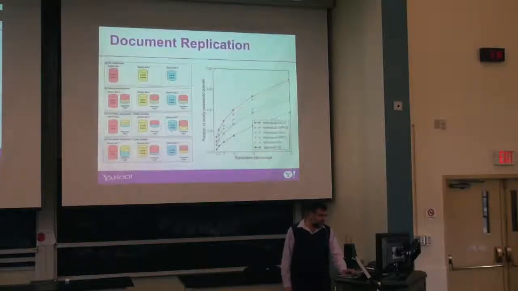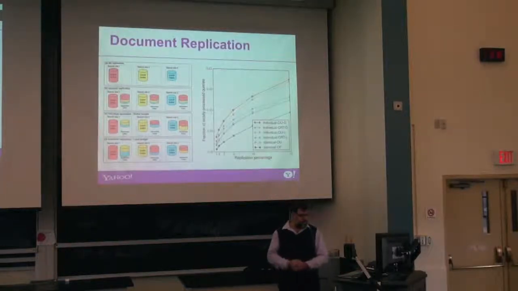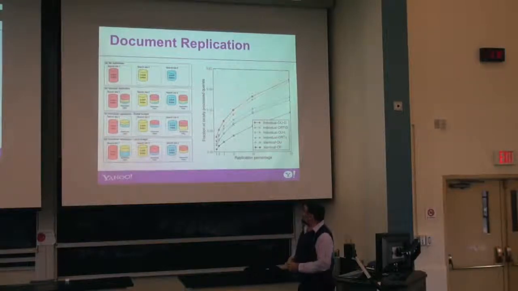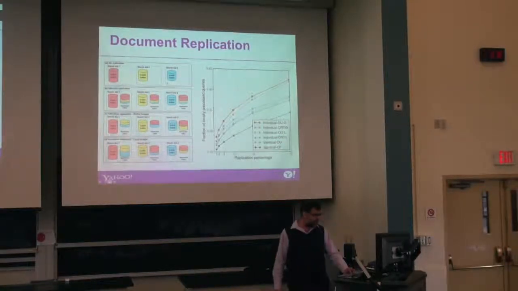So we simulated this. These are all the possibilities for document replication. Basically, no replication here. Replicating the same everywhere. Replicating differently. Okay, and here another variation. Basically, this is a global value, this is a local value, so each server decides how much to replicate. These are 4 possibilities, and here you